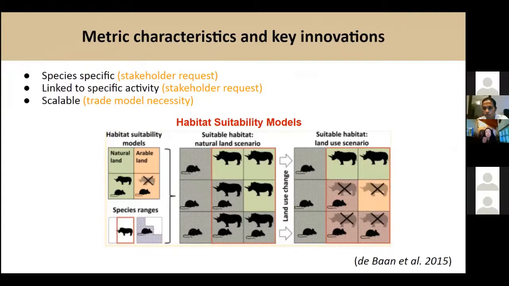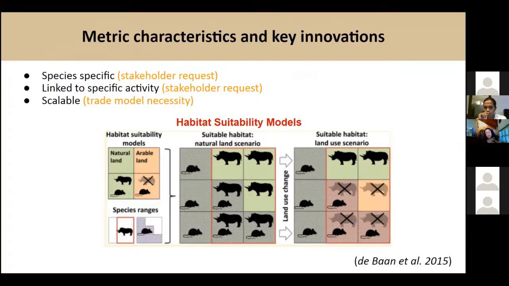So it's a metric that could tell us what's going on and what's the impact at species level. Again, in order to capture some cases, for example flagship species, some species that are important and that can draw attention. Also a metric that can be linked to a specific activity. And in this case, when I say specific activity, I mean a specific crop system. In this case it is soy. So we could track, right, all the consumption patterns associated to this system, which is soy.